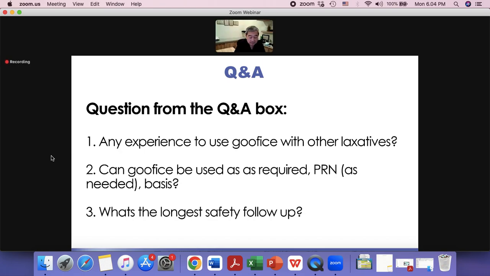Okay, so Professor Nakajima, maybe you could now tell us about the longest safety data follow-up that you have. Your study shows 52 weeks. Yes, we have an after-market survey for 3 years, and we are now preparing a paper submission. Based on the 3-year experience, we have no serious side effects, and the efficacy is very nice. And in Japan, we have 7 years of experience in clinical settings. So it's a good reputation now.